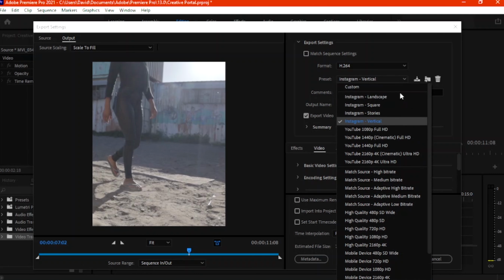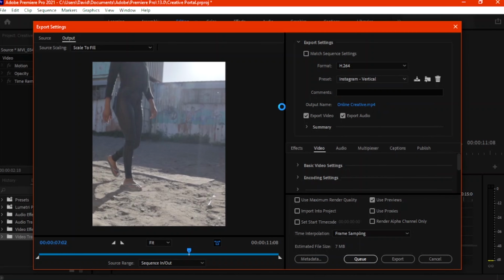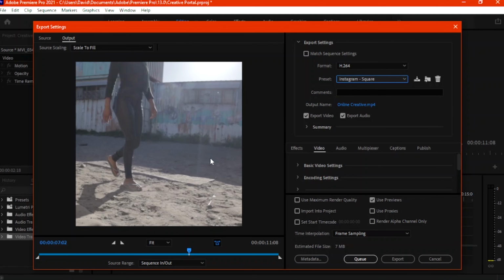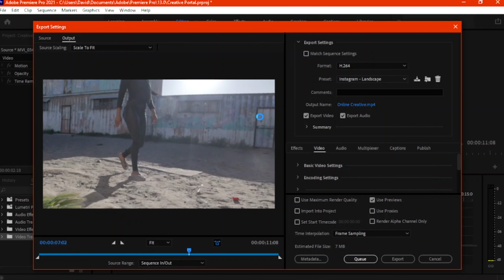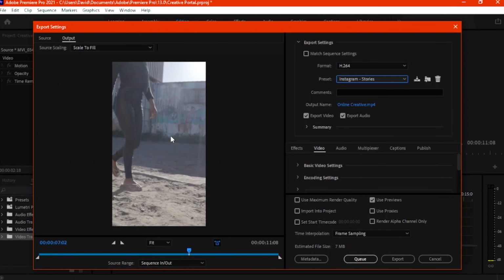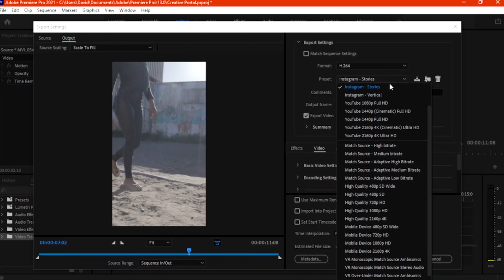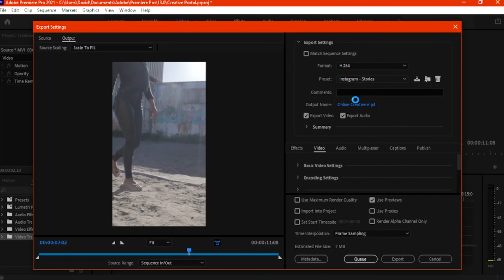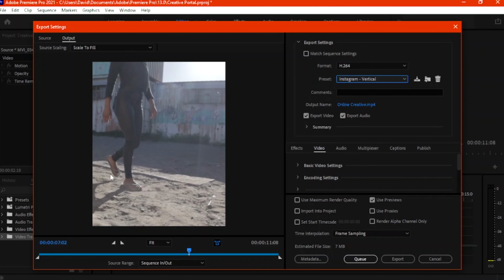You can even select, let's see, Instagram square, because vertical and stories are more or less the same. Let's select stories. Stories is tighter than vertical. Vertical gives you a little bit more room.